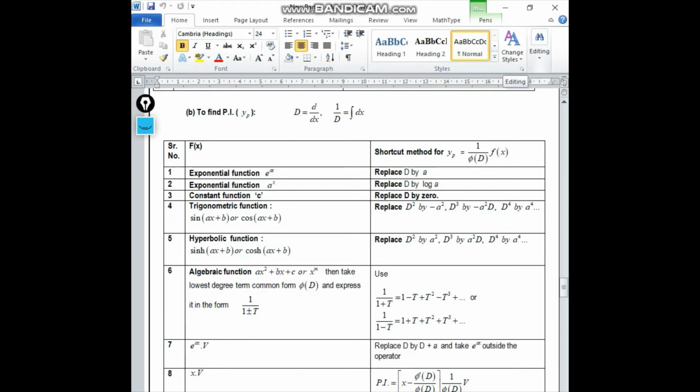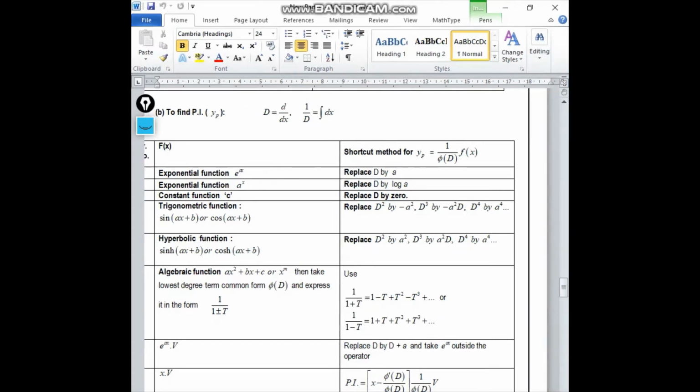Coefficient. Yes, we are at shortcut methods to find out the particular solution. So let me revise the formula today. Tomorrow we'll see a few solved examples on it. The first thing that you should know is that in LDE, capital D